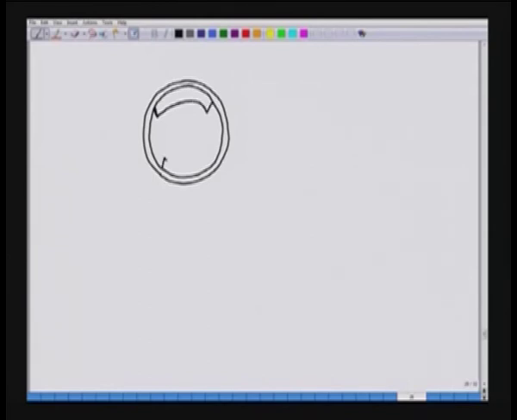Something like this. So, this magnet is with north pole here, south pole here, south pole here and north pole here, and the rotor is here. So, this is the magnetic material we have, this also the magnetic material,